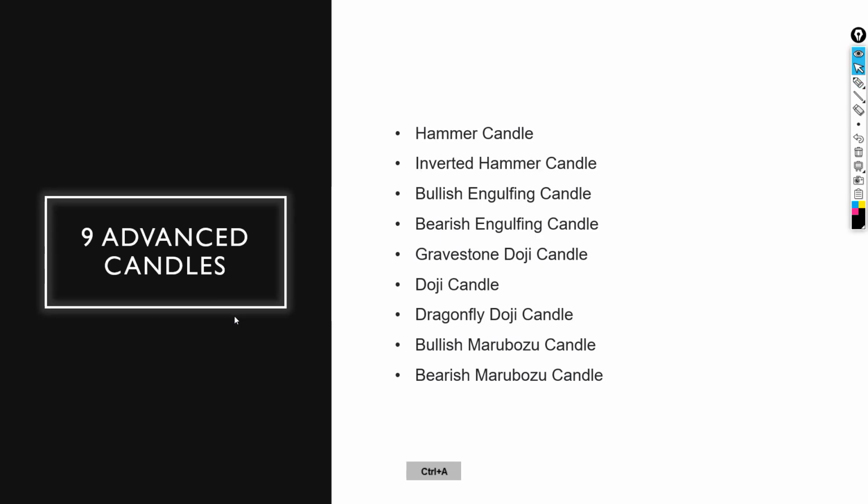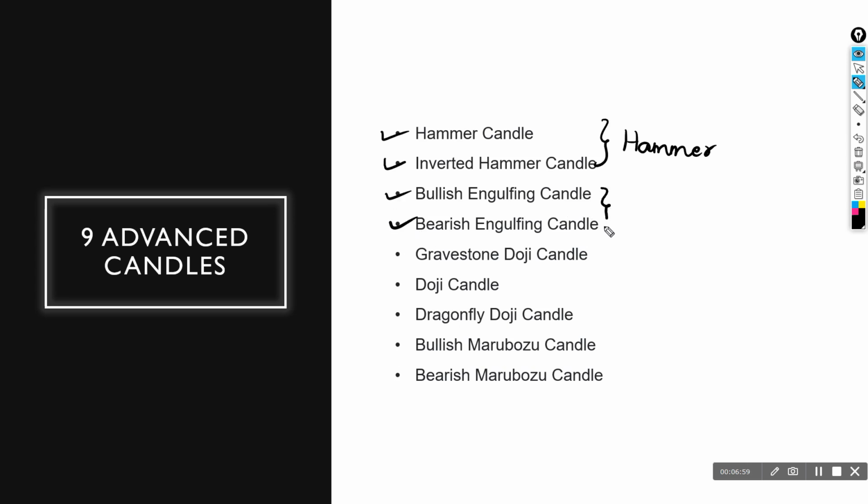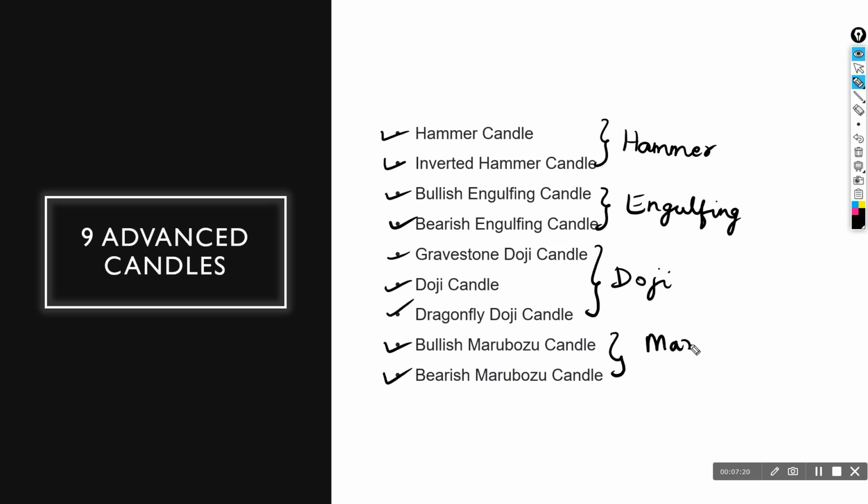Next, moving on, we have the 9 advanced candles, and that is very important. I will be discussing each of these candles in detail. So there are actually hammer candle, inverted hammer candle, and I would group these into hammer candles. Next comes bullish engulfing, bearish engulfing, and I would group these into engulfing candles. Next I have gravestone doji candle, doji, and dragonfly doji, and I would group these three into doji candles. And next I have bullish marubozu and bearish marubozu, which I would group again into marubozu